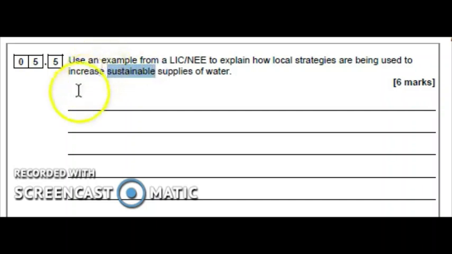So you could start off by setting the scene very briefly and say Hitosa is a very dry and arid part of Ethiopia, where previously people used to collect water from very shallow rivers, although these rivers often used to dry out in the summer. So what began in the 1990s is this very small local project financed by the global charity WaterAid and the United Kingdom. All it is, is a series of